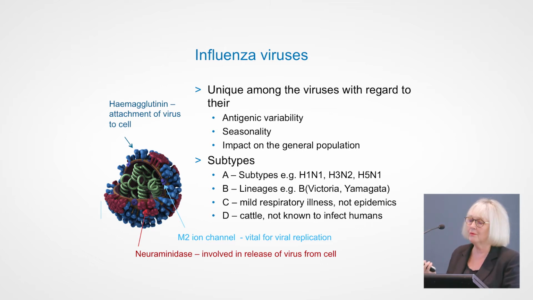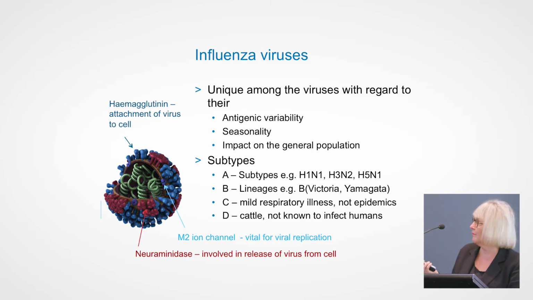So if you get sick and you're taking a neuraminidase inhibitor, you've still got lots of influenza virus probably replicating in your throat, but it can't get out, so you're not very infectious or not so infectious to other people. And also, if you start it early, it means that the virus can't spread to more and more cells in your body and make you sicker. So that's why we have to start those drugs very early.